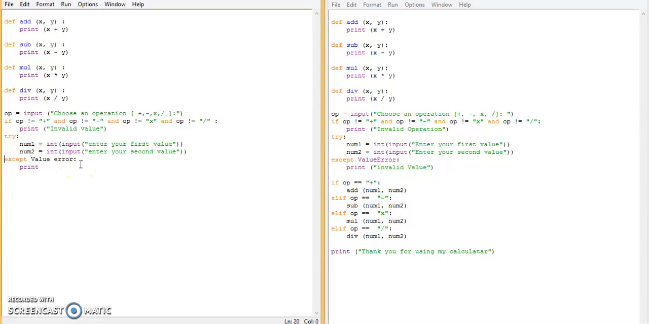And then accept the value error. Oh yeah, I forgot. No spaces, remember? Remember that. Print invalid value. Now, to this we also need to add this exclamation mark. Okay, so